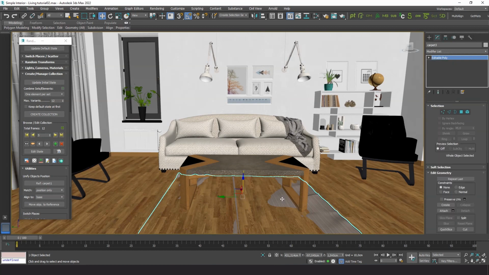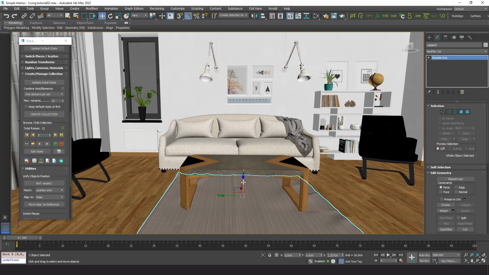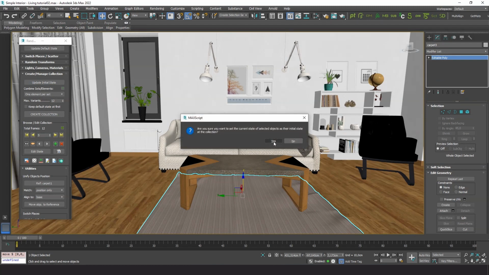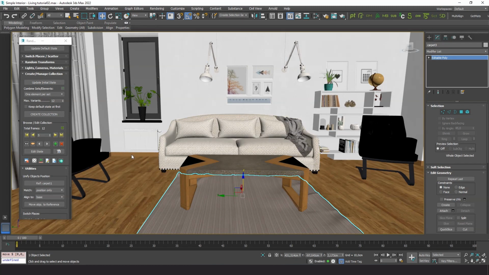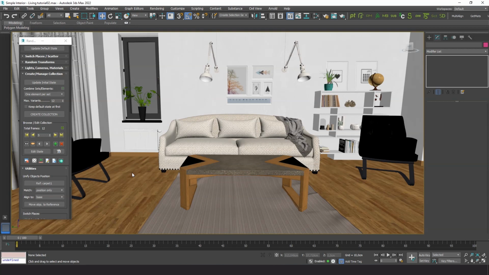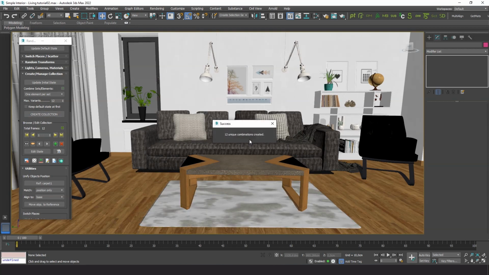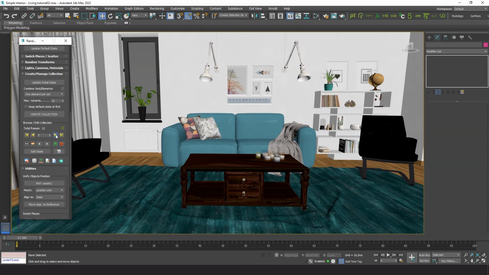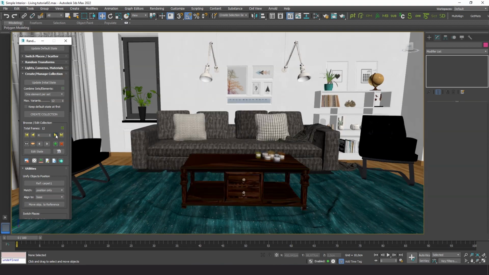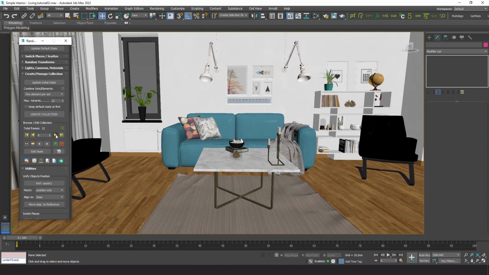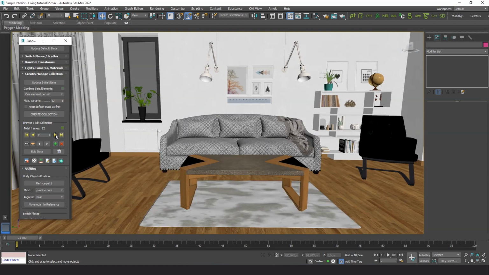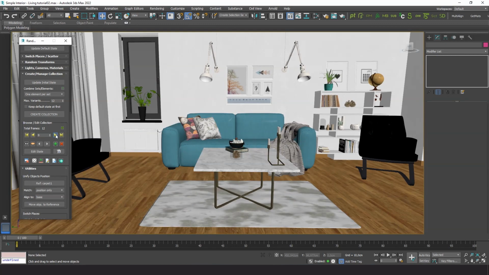Also for this other carpet. Now let's rebuild the collection. Everything looks good now. We have 12 different variants to play with.